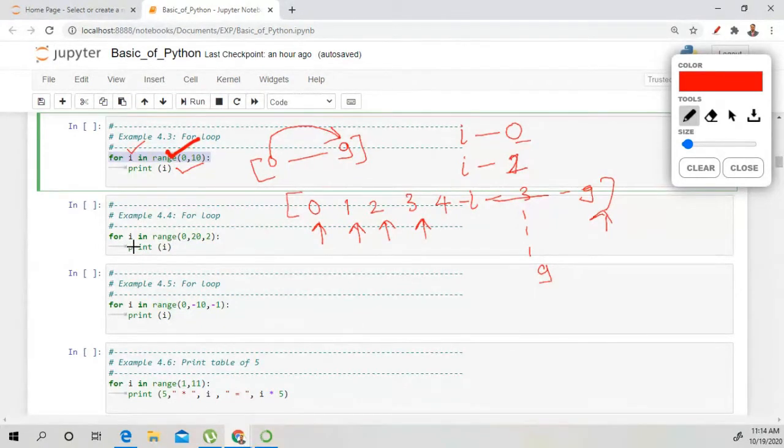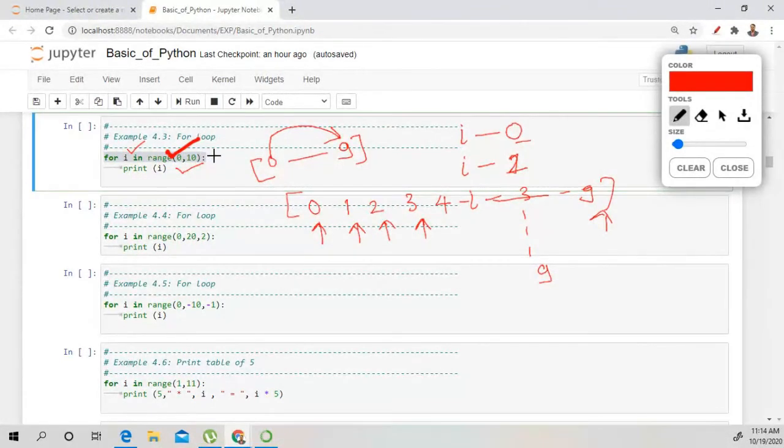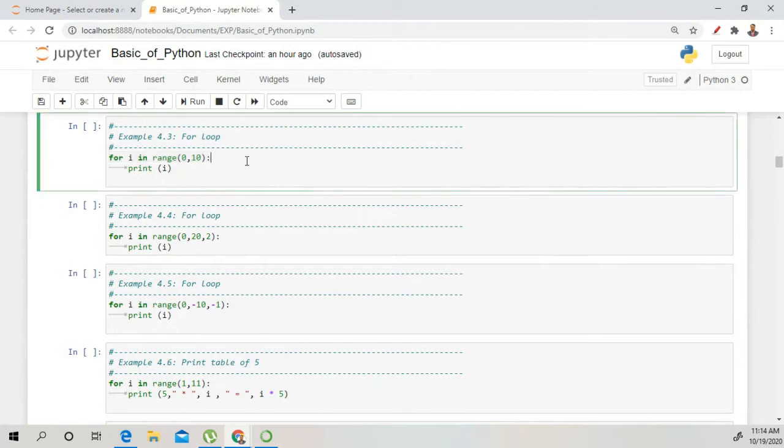next is I in range 0, 20, 2. What is the output for this? 0 to 18. Yes, you are right. You have understood this. When we move ahead, I will execute each program because we have demonstrated all the concepts.